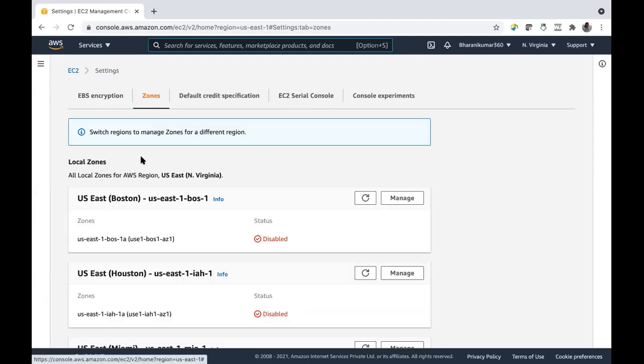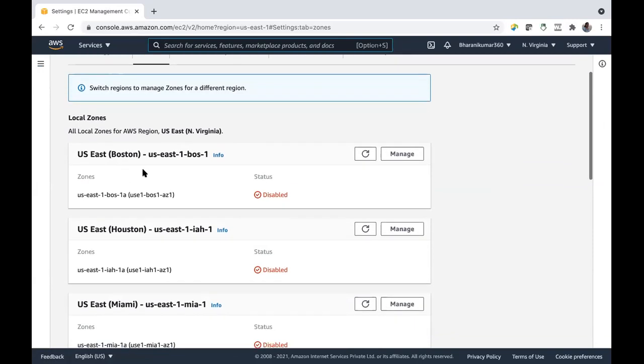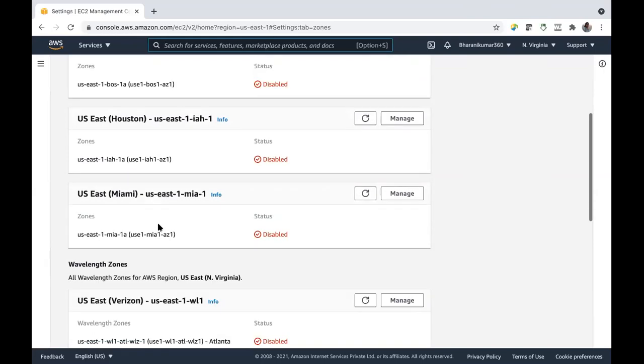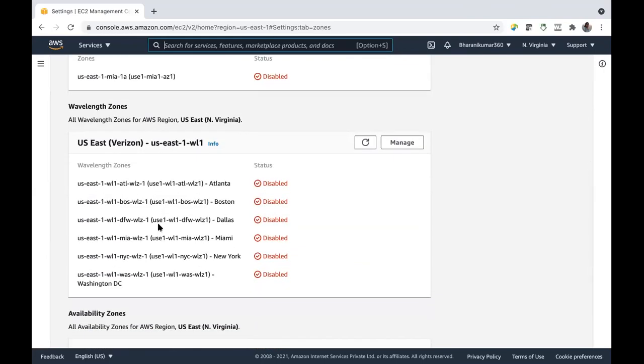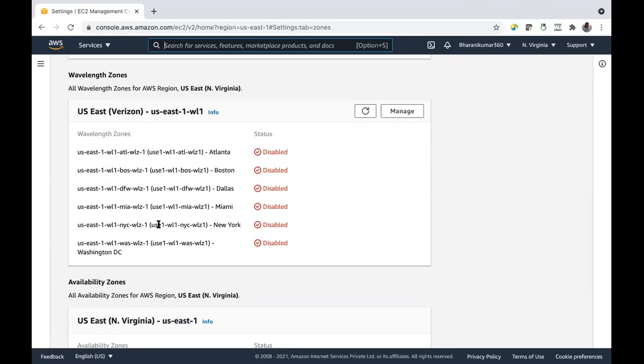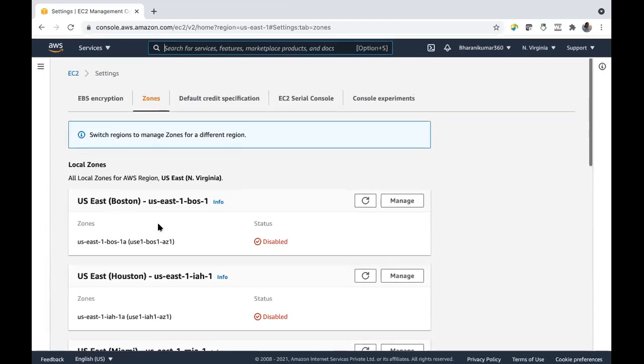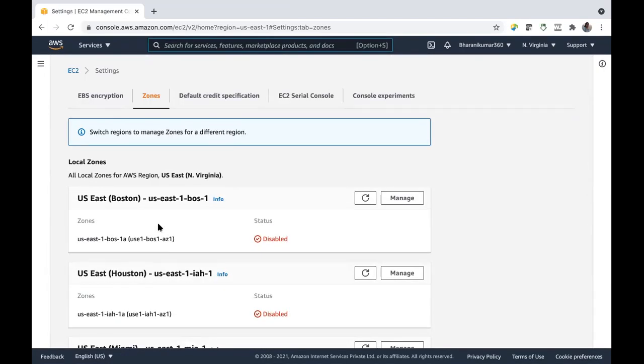see, same zones. We have US East, all these things together. There will be 6 availability zones, and you can also see local zones and wavelength zones, which we talked about in our starting classes. We talked about AWS regions, availability zones, local zones, and then wavelength zones, and they are not available in all regions.